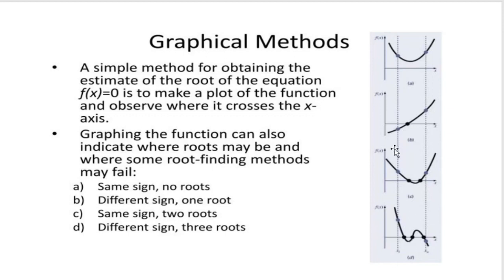And as we can see that there are some contradictory things also, as we can see from graph A. If for the lower limit xl and for the higher limit xu, the function values have the same sign, graph A says there will be no root lying in that range. Whereas in graph C, we can see that function value at xl and function value at xu have the same sign, and there are two roots in between. So the nature of the sign condition is the same, but the situations are different. In one graph there is no root lying, in the other case there are two roots lying.